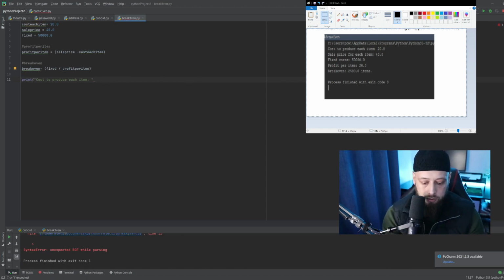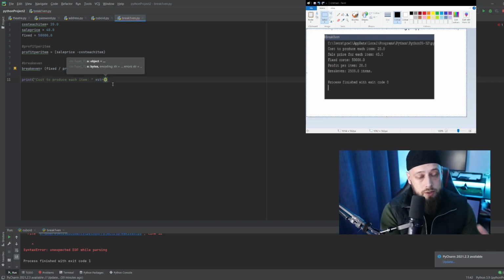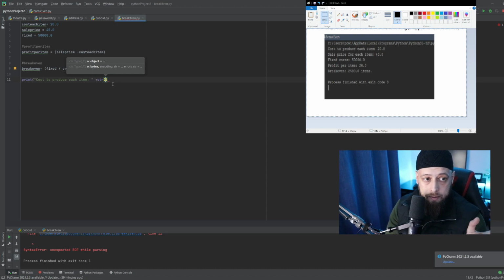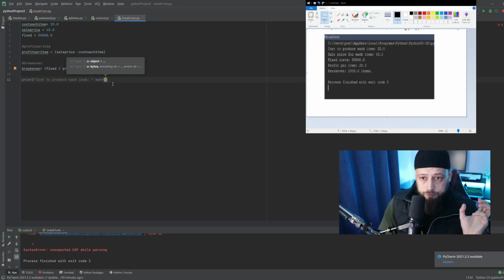So we will type in plus str, inserting str, and whatever we put into parentheses after that is going to be converted into a string, and that's how we fix our error of not being able to concatenate a float. So str and cost each item,